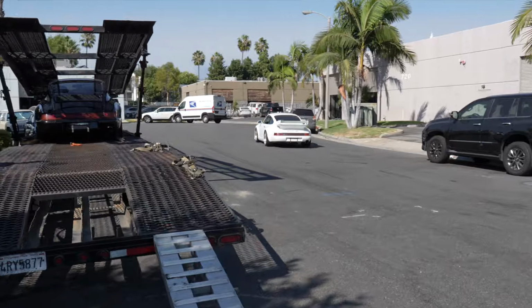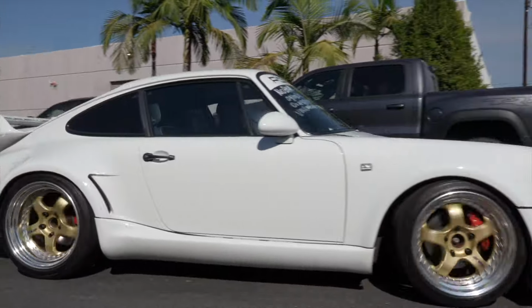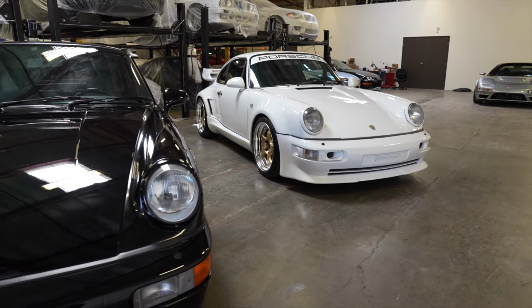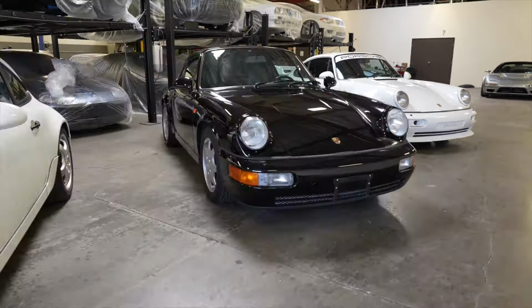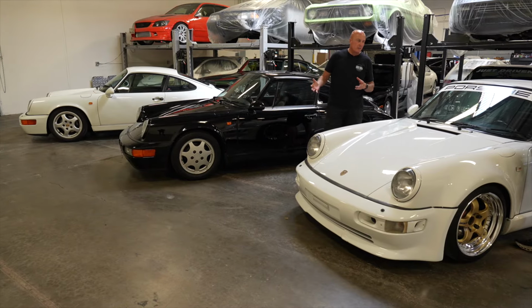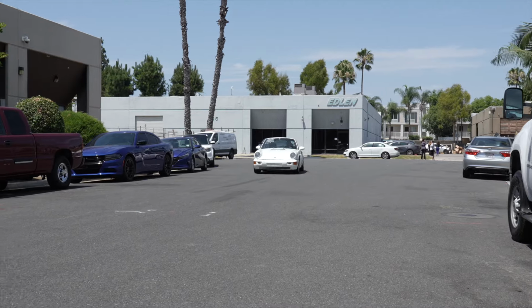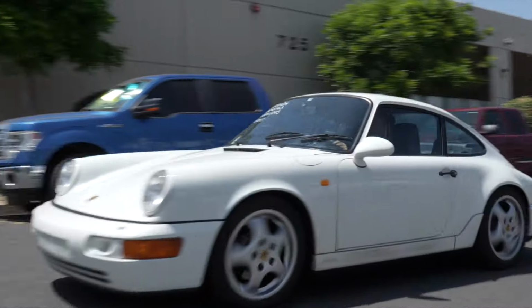Yeah, I'd really like to know if this has been modified any more underneath. This thing's going to go on the lift as soon as we have some room. Get some of these other projects off the lift. So it's funny, the white car being all-wheel drive feels a bit heavier to steer. I don't know, you haven't really driven that car yet. I haven't driven it a lot, but just moving it in and out of the shop,